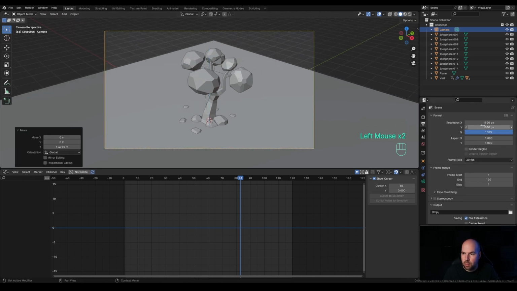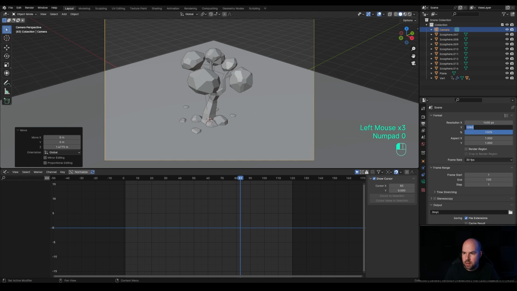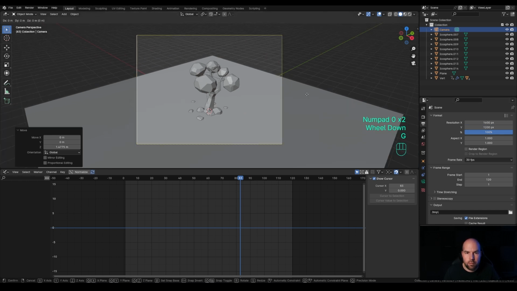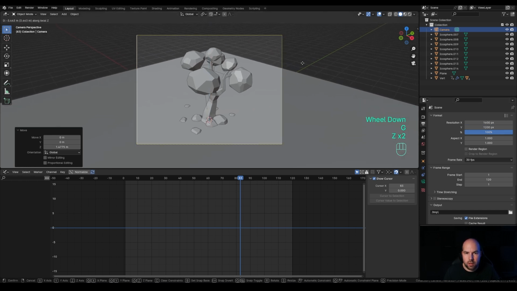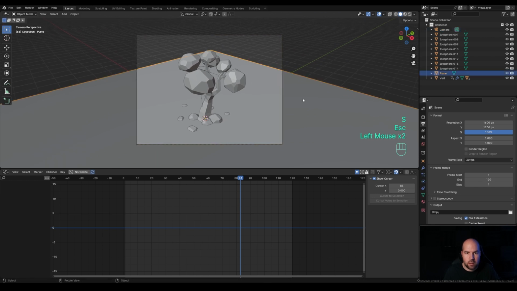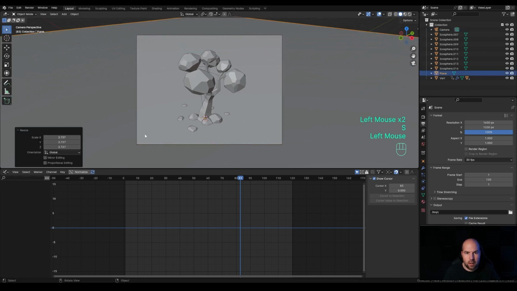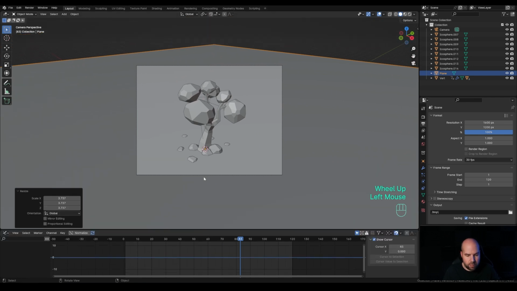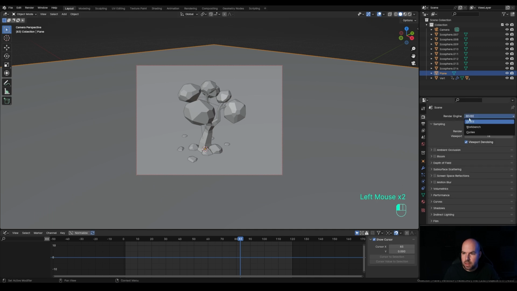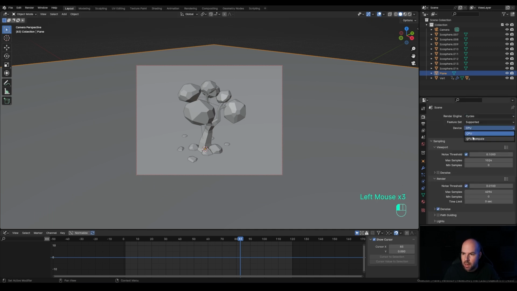And now we can modify the output to something like 1600 to 1200. Press G then Z twice to bring the camera closer. And now select the background and press S to scale it up. And let's collapse this a little bit, press Ctrl B to limit the render preview only for camera bounds, and in the render settings let's enable Cycles. I will enable GPU and the denoising here,